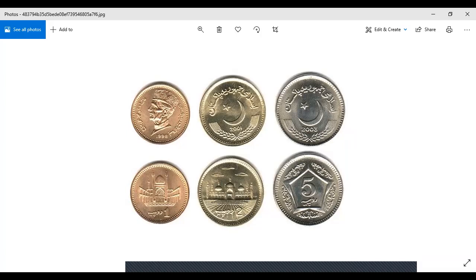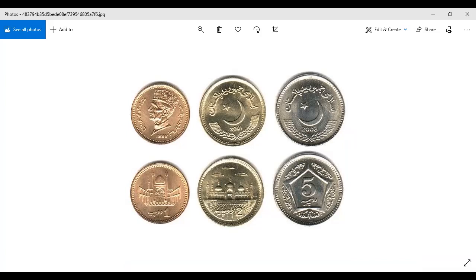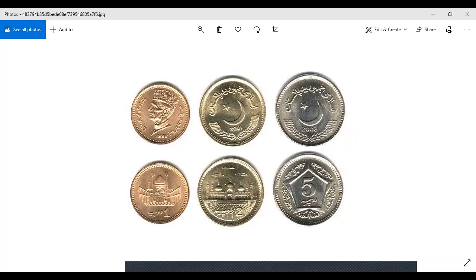Then on the 2 rupees coin, on one side we have the picture of this mosque, and on the other side we have the star and moon, right? And Islami Jamhuriya Pakistan is written on that side. Well, it is written on the front side of every coin. If we talk about the 5 rupees coin, the 5 rupees coin and 2 rupees coin look similar from one side. See, on both sides they have this star and moon, but the other sides are different. On the 2 rupees coin we have a picture of the mosque on this side, but on the 5 rupees coin, 5 rupiah is written on the other side.